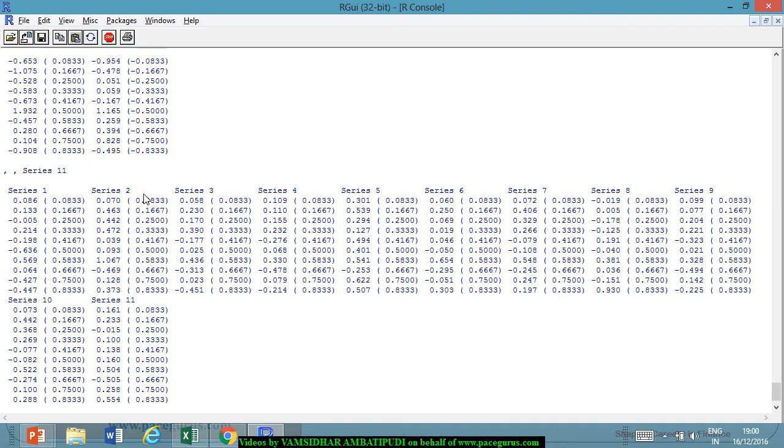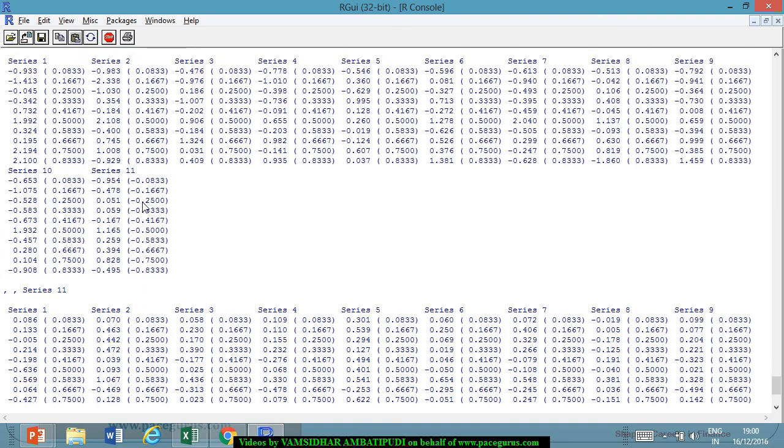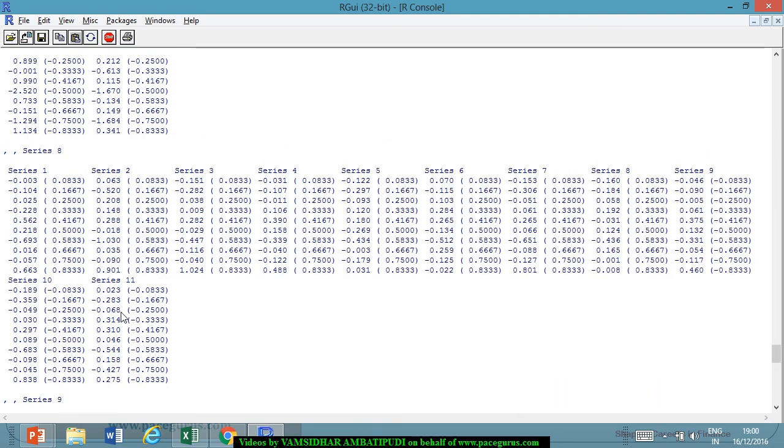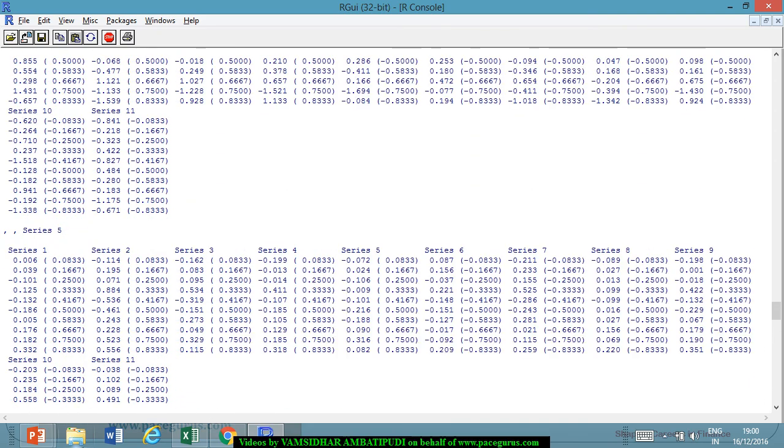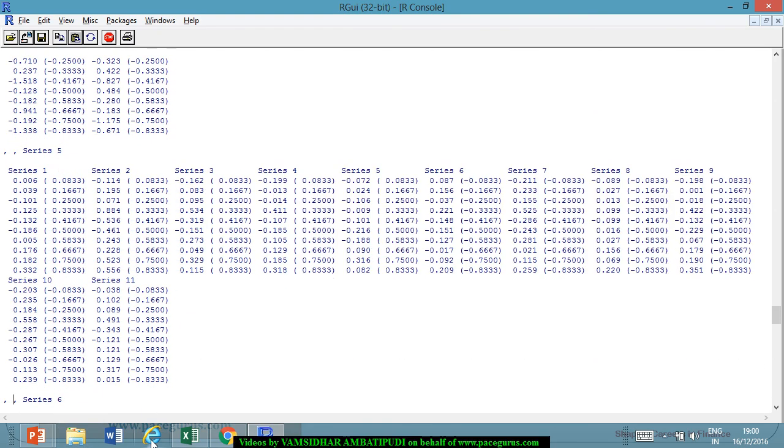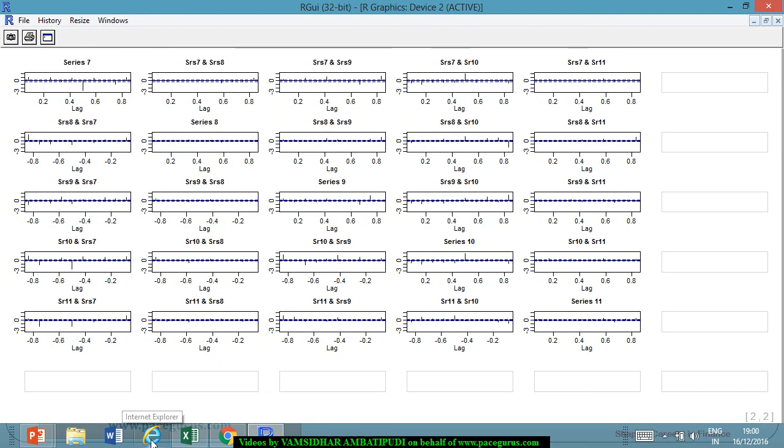So even in this case, I could see that there are 11 different series, but in the partial autocorrelation, if I go with a graph, what is it coming out? At least for the last one we could see. So these are the partial autocorrelation functions that are coming up, wherein you could see that for some lags, we are seeing some spikes coming up, which is an indication that